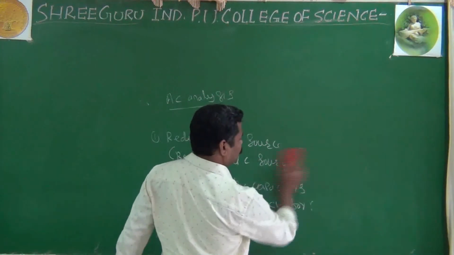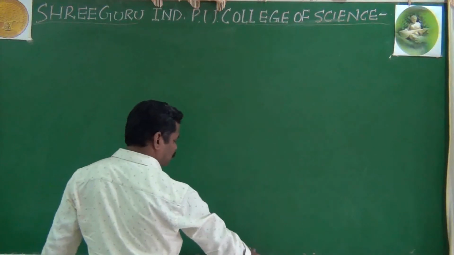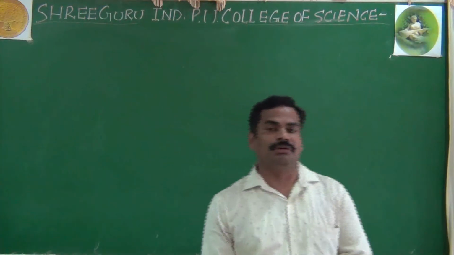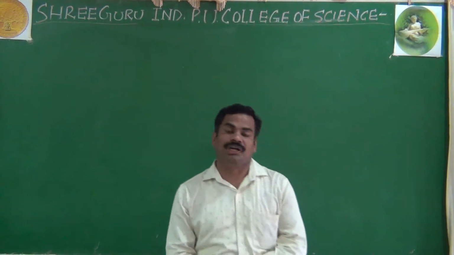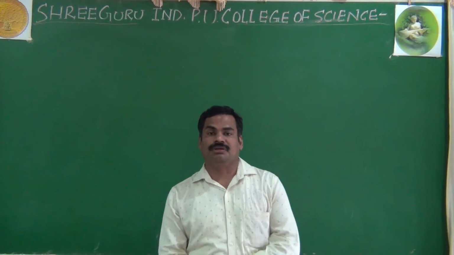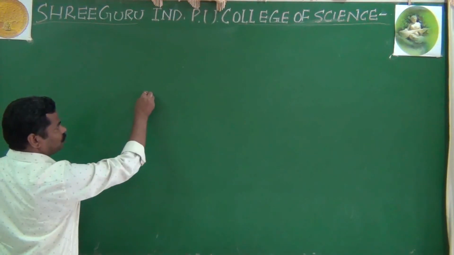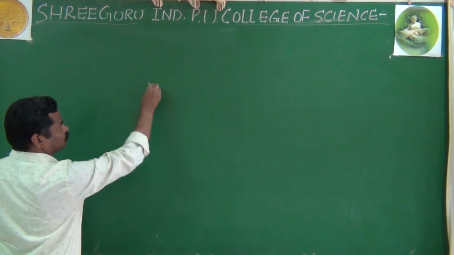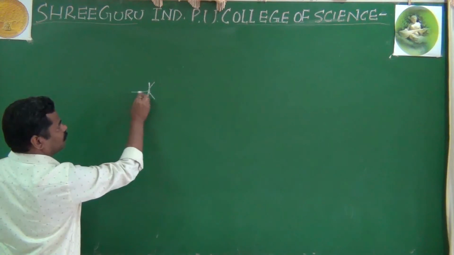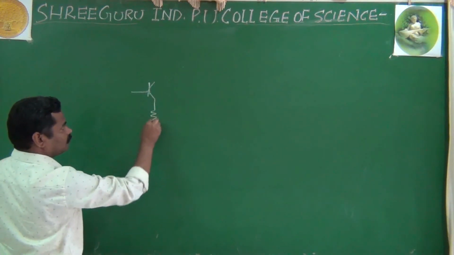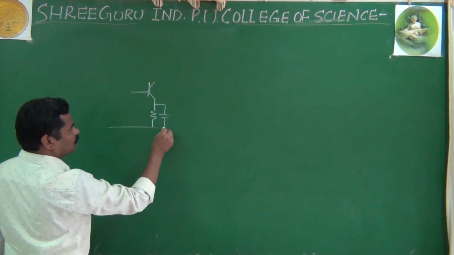With these two conditions satisfied, the first step is to draw the neat diagram of your CE amplifier, then step by step reduce it to the AC equivalent circuit. This is your CE amplifier. You have drawn it many times, so you are all perfect at drawing the figure. Draw it small, because you will need more space to draw the equivalent circuit.